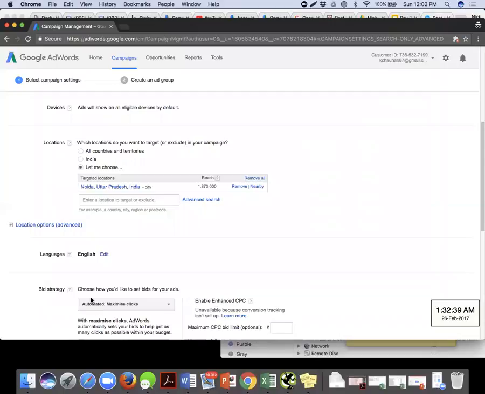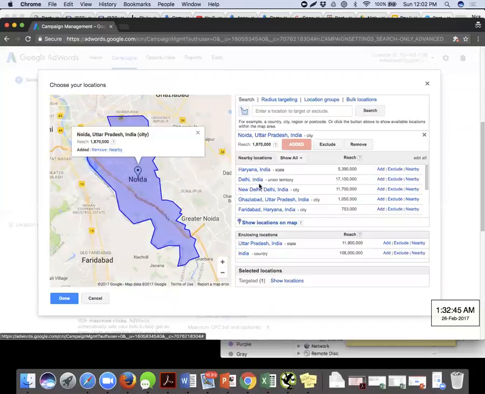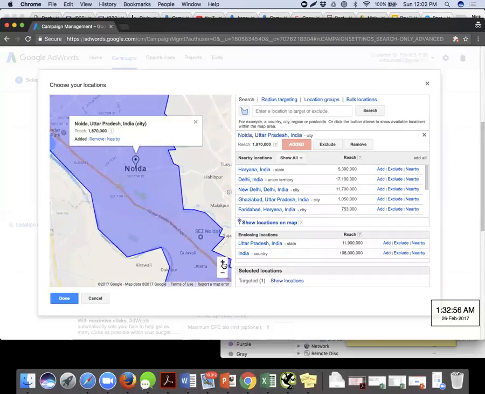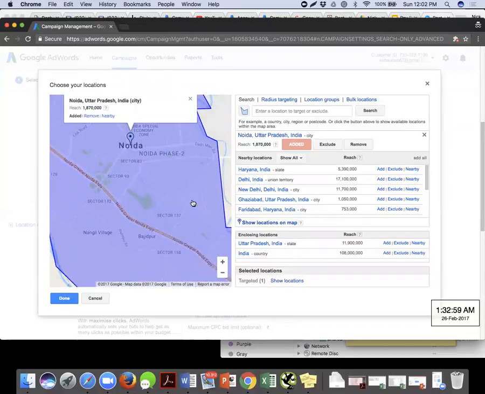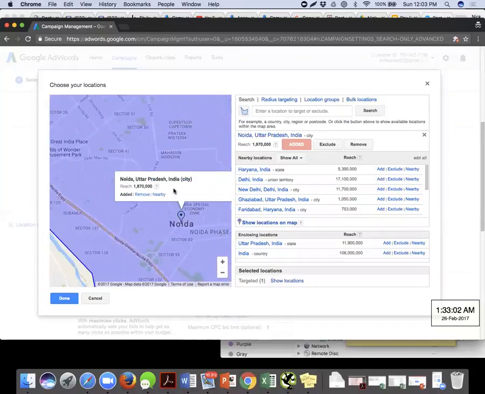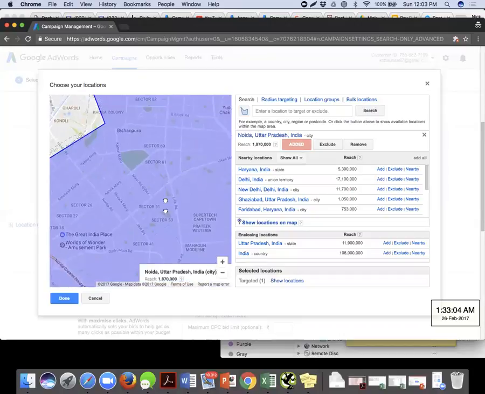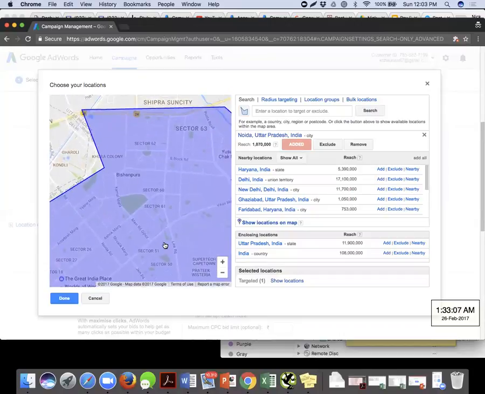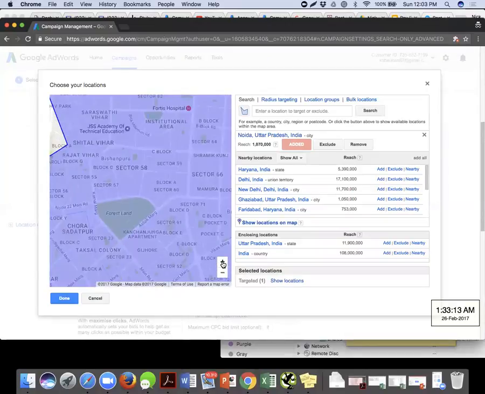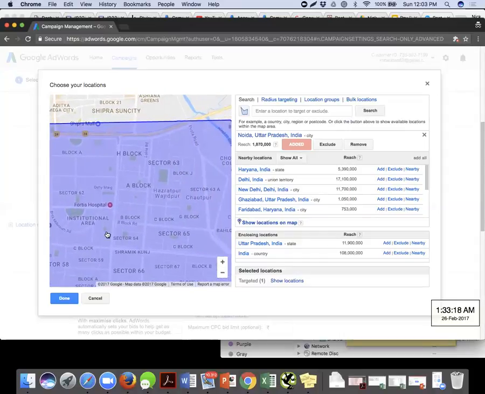Okay. Click on nearby once again. And let's zoom in further in the map to the place where we are right now. First of all, zoom in. And further, now let's move towards sector 63. Now let's zoom in on sector 63 as well, with the plus sign. Fortis Hospital has also come, and 63 has also come.